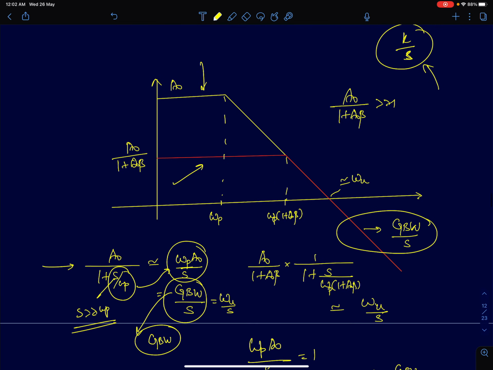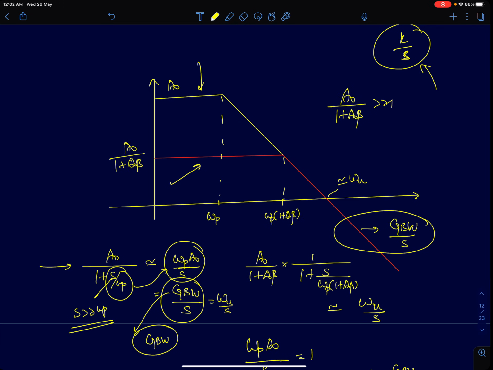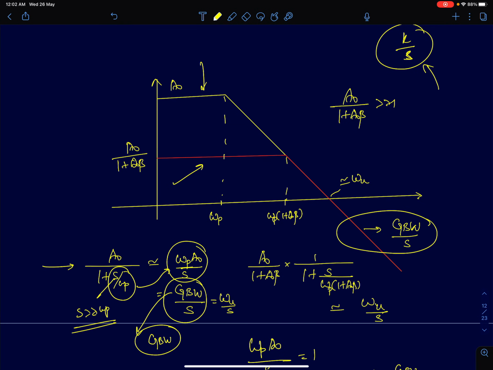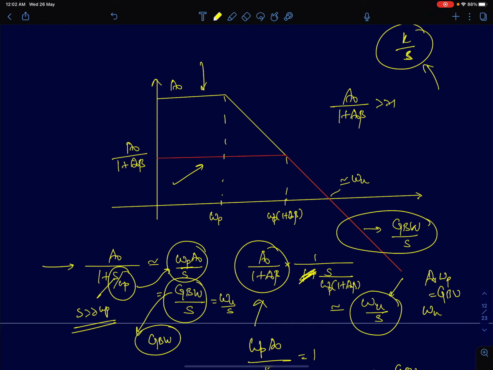Similarly, in a closed loop system, when you derive the transfer function at very high frequencies, I've written the transfer function here. At very high frequencies, I can ignore 1. This will again approximately be equal to omega u by S. I'm calling this term A0 into omega p, the gain bandwidth product, omega u. So it will be equal to omega u by S. So the frequency response at very high frequencies, when the frequencies are much greater than omega p into 1 plus A0 beta and omega p,